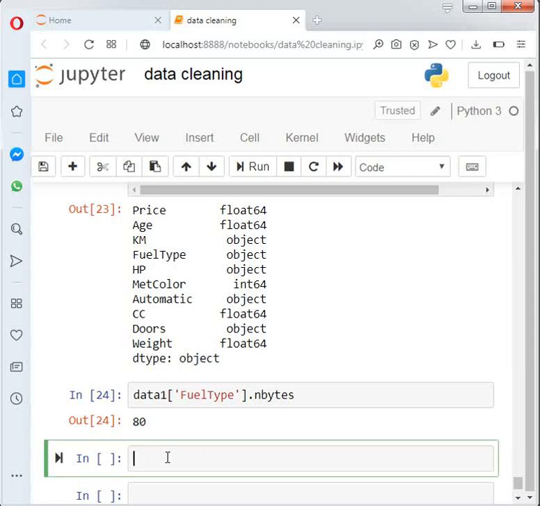Now we convert the fuel type, which is an object type, into category type.